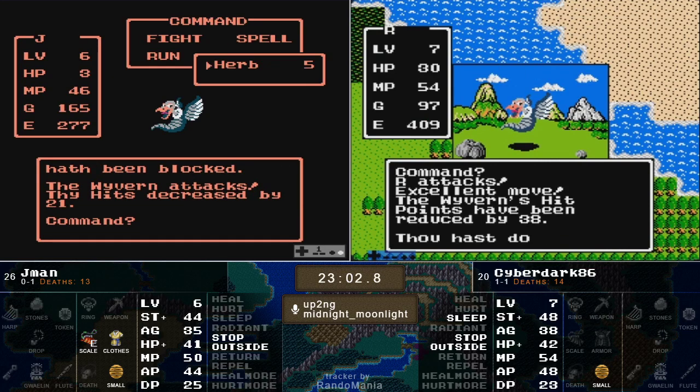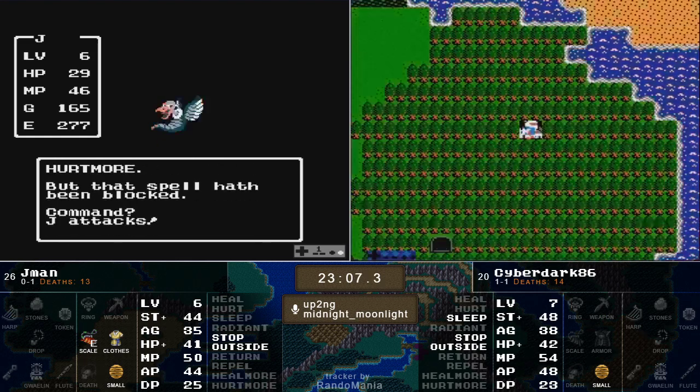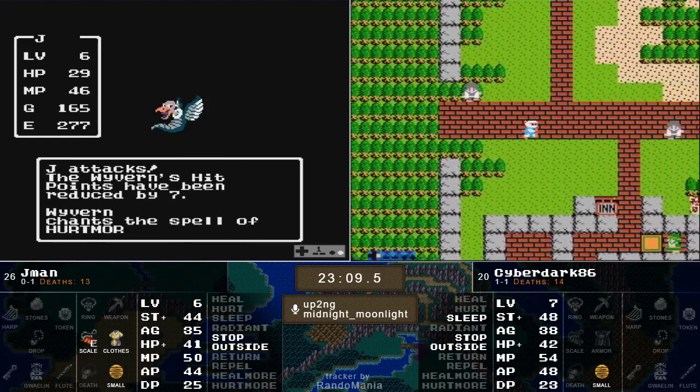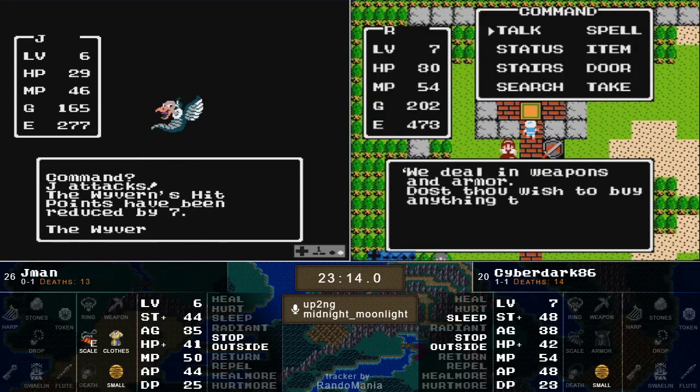Yeah, he's just wandering around here trying to see, oh, this is actually a random zone because we're southwest, and an excellent move on the wyvern for 64. Nice. And we see,